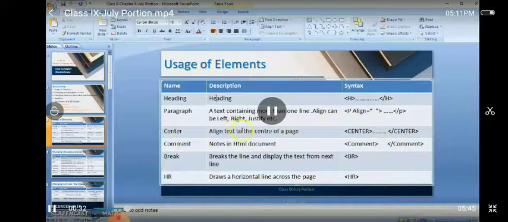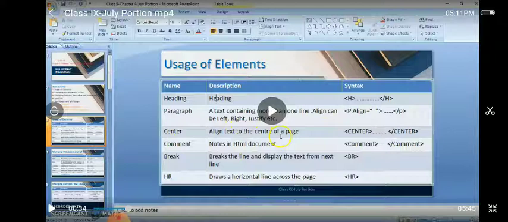Then we have paragraph. Basically, when we have two or more lines, we write it as a paragraph. In the paragraph we also have an attribute like align. It can be center align, right align, left align, or justify align. Remember, when we are doing a Word document, we can align the text. Same like that, a paragraph can be aligned. This align attribute can also be given with the heading style tag, font tag or paragraph tag.